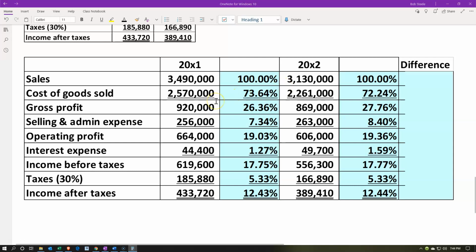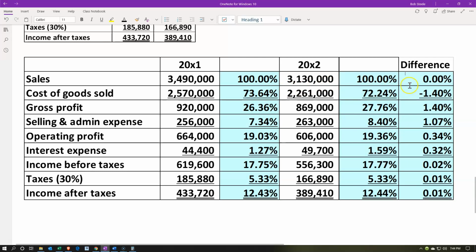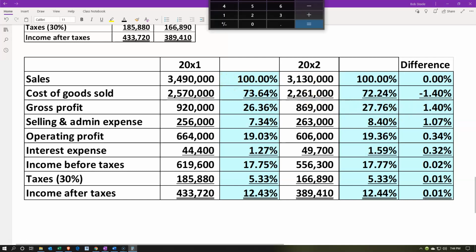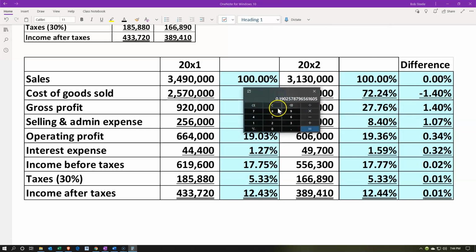There's a vertical analysis. We're comparing 2000x1 to itself, everything to sales, 2000x2, everything to itself. And then we might do a difference between the percentages and look at what those differences could be, and then drill down on any major differences. And then we would also do a horizontal analysis, taking the difference, say, in dollar amount. So we'd get a different type of percentage calculation, which would be, let's take